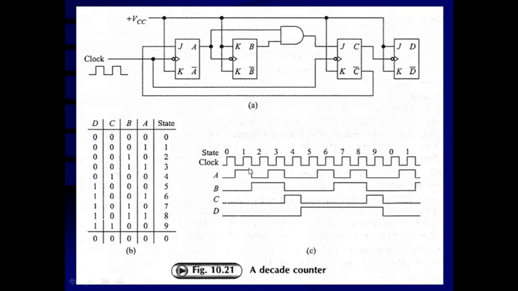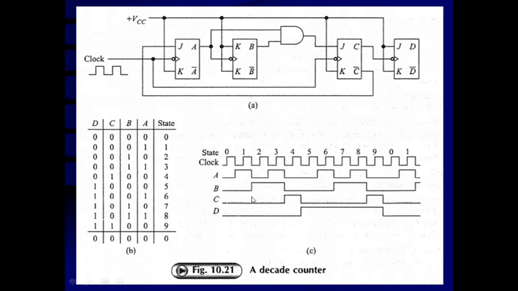Here also it is going to toggle, here also it is going to toggle. Again you can see that here there is a negative edge of the output of A, so flip-flop B is going to toggle. Here also a negative edge of flip-flop A, so B is going to toggle. Here also the negative edge of A, so B is going to toggle.